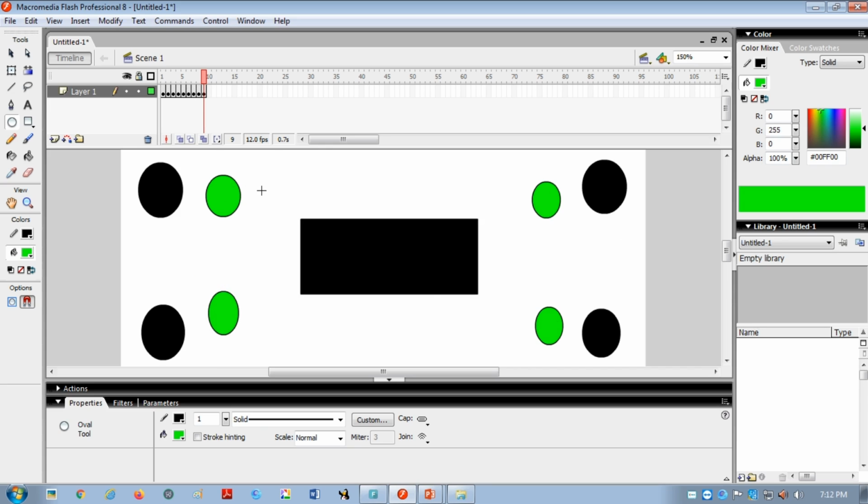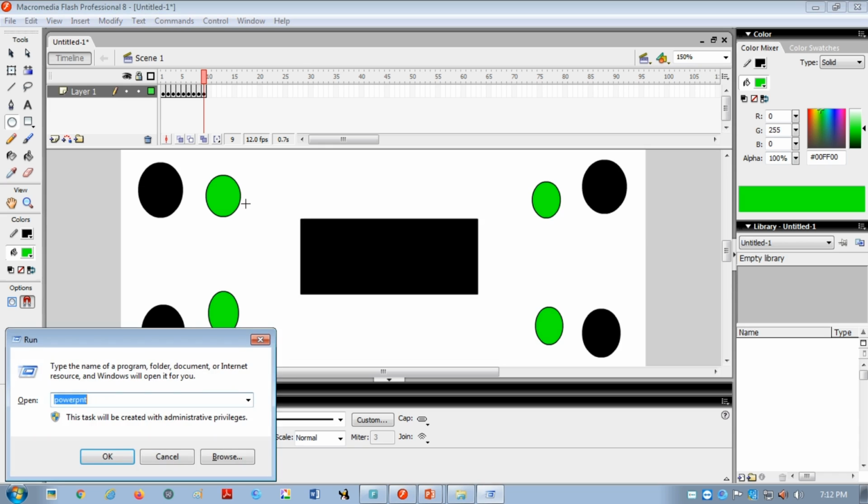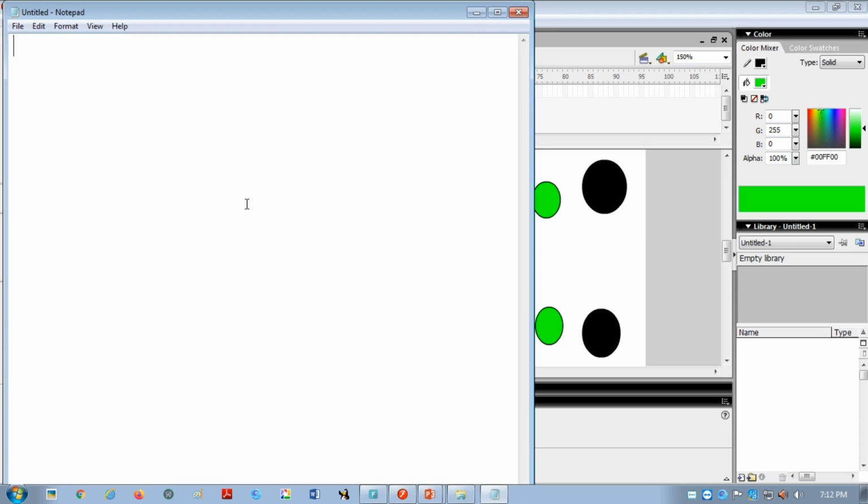Okay, now when you want to play the animation, there is a shortcut key, Control plus Enter. What is the shortcut key? You have to press Control plus Enter. For what? To play a movie. And to insert a keyframe, you have to press the F6 button. F6, okay, function key F6 at the top. There are a total of 12 function keys you can see, and search for the F6 button.